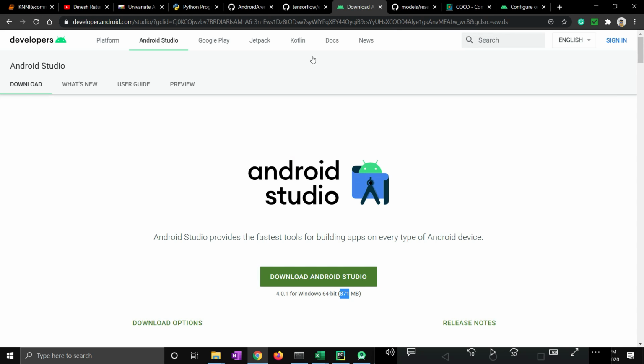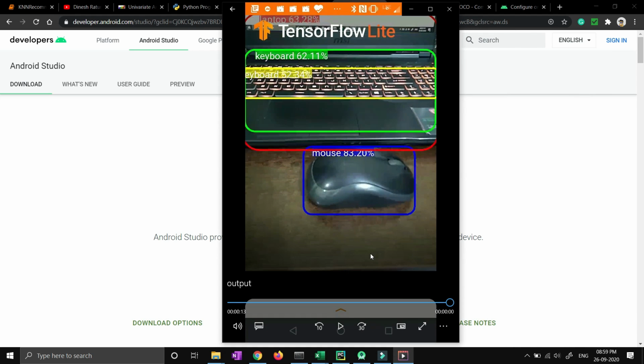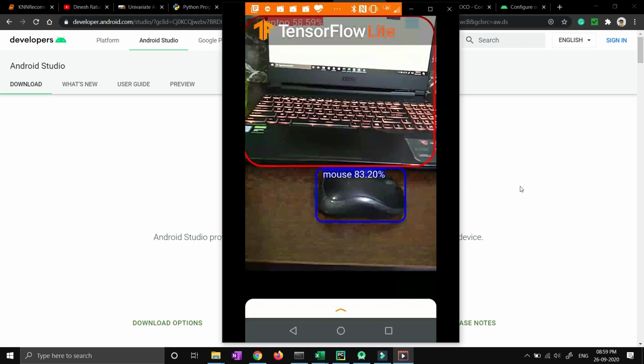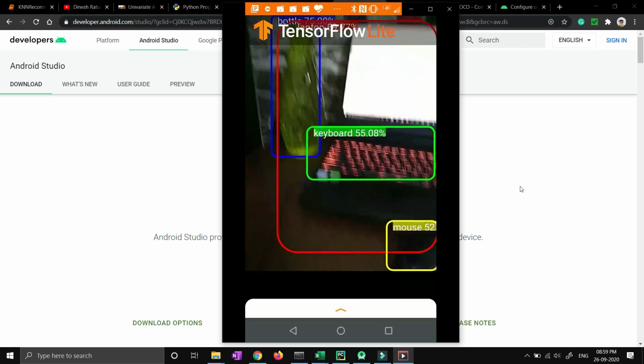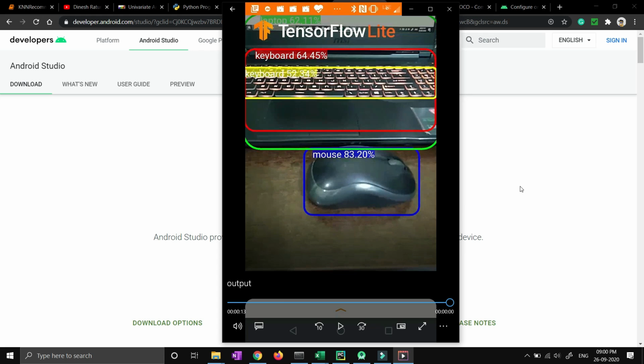So let's go ahead. Before starting, let me quickly show you what I have built so far. I have already recorded a video of the output of my Android application which I built using the TensorFlow Lite GitHub account. You can see over here that it is able to detect mouse, keyboard, laptop, bottle and whatever is there on my table. My application is able to detect it, right? You can very well use my code, or I'll paste the link in the description box. You can use that code and develop your own application very easily.